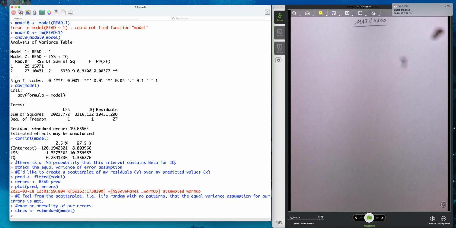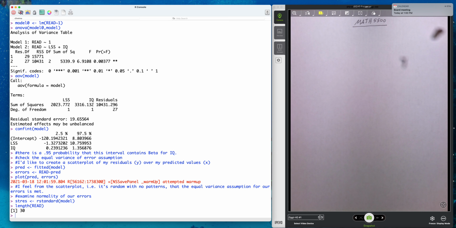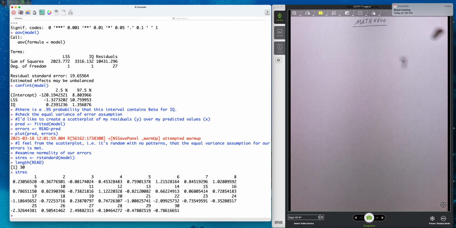We have a large data set here, don't we? Well, not too large. I don't even remember. Let's see how large it is. All right, so small data set, about 30. So I could get my standardized residuals. Now, what I want to do now is create a QQ plot, and